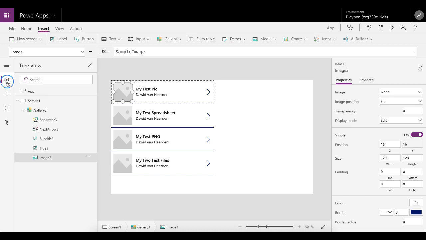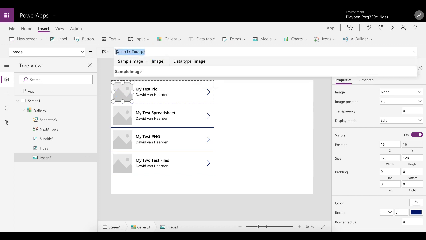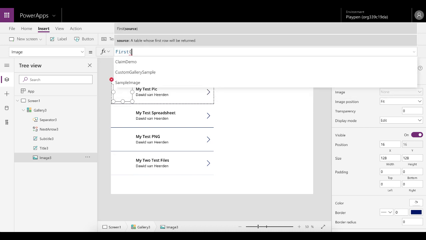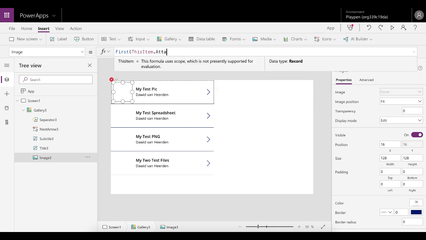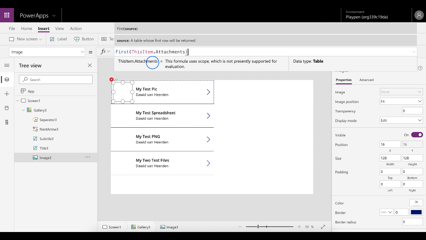I'm just going to go back to the layers or the tree view to show you that obviously this image control is inside of this gallery, and that's very important. Another thing to consider is that there might be multiple attachments per list item. So for what I'm showing you here, we need to tell it to only use one, otherwise it won't know which one to use. So let's say only use the first item in the attachments